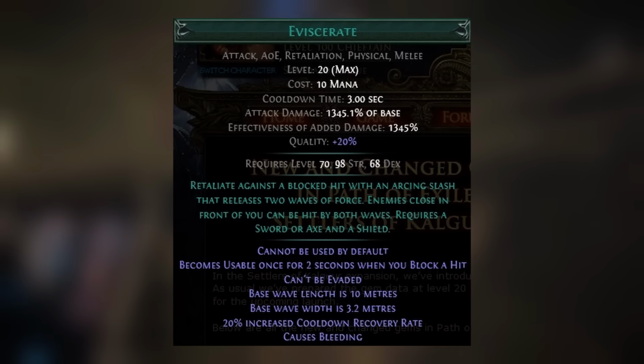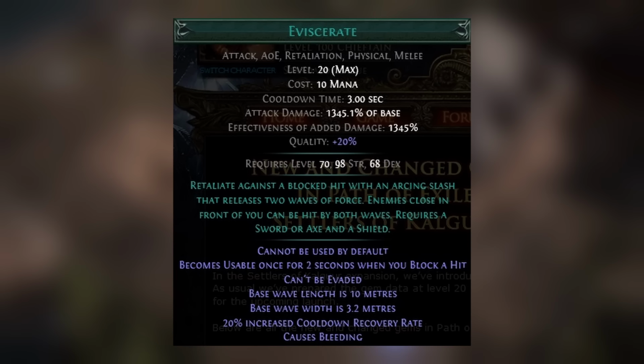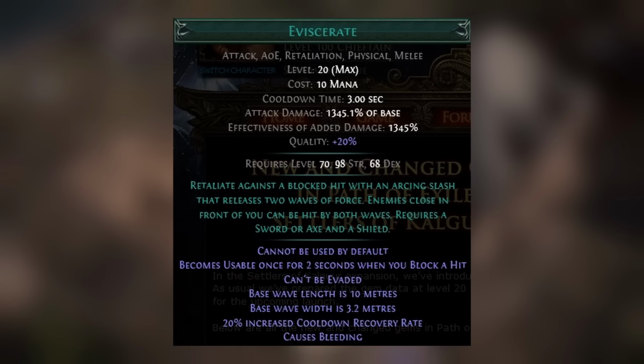Next is Eviscerate, which has already changed since the initial gem we saw back at the reveal. This one requires you to be wielding a sword or axe in the main hand and a shield in the offhand. Once again, this skill becomes usable after blocking a hit, and it cannot be evaded. Eviscerate deals